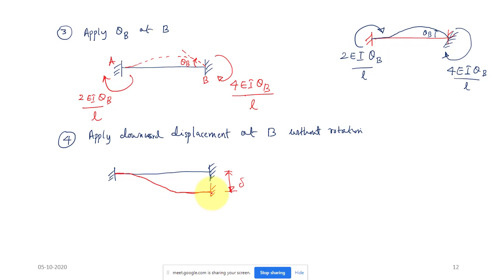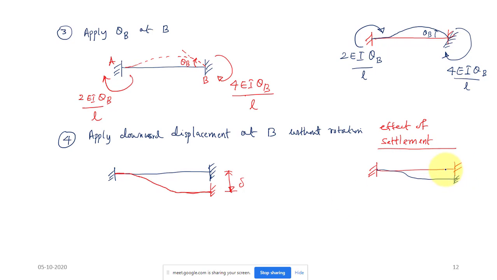So now we have to use the equation for the effect of settlement, which we have also done. What is the effect of the relative movement of one support? We call that settlement in the fixed beam. So this is the fixed beam. Suppose the right side support is sinking like this. So you will get this deformed shape.